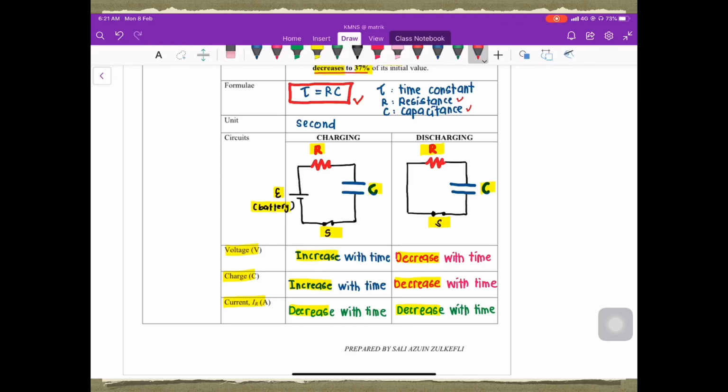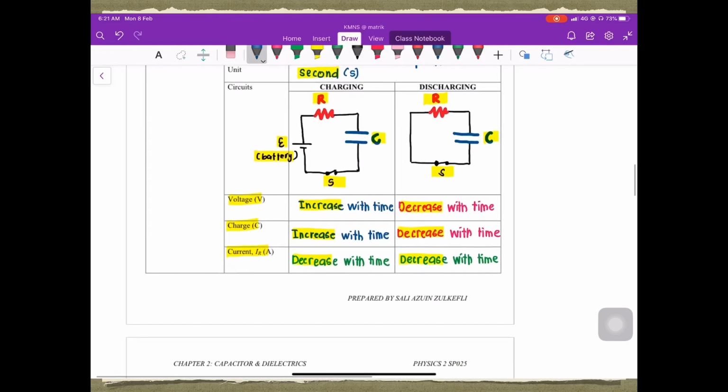Time constant, the formula is tau equal to resistance times capacitance. The unit is second, or sometimes we can use the symbol small s. Next,